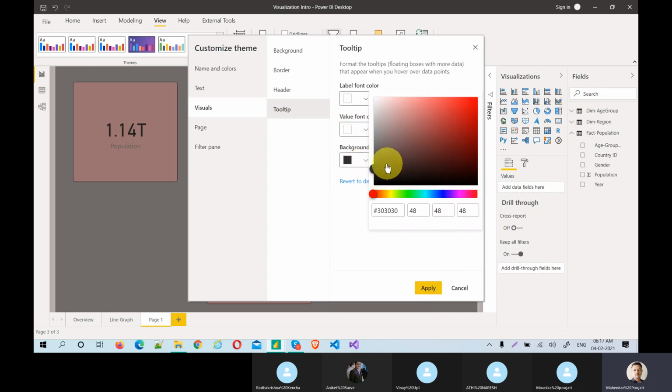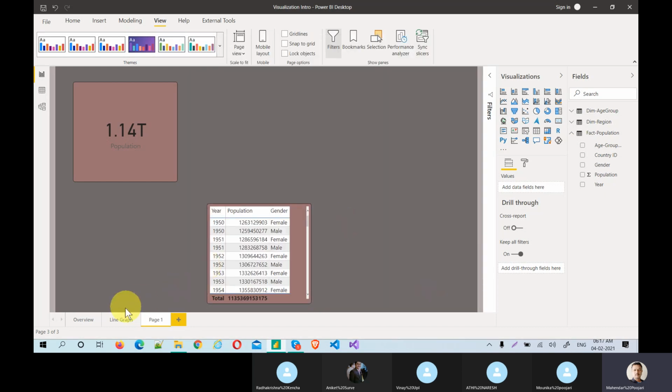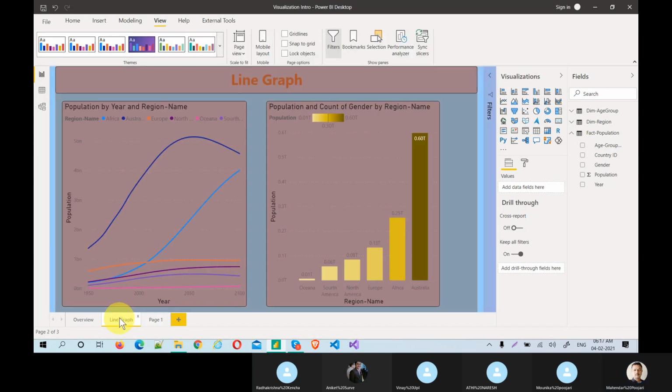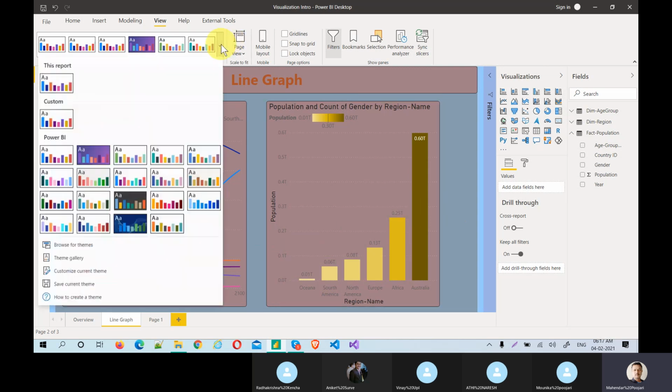Let's change it. Now just apply. If you see the tooltip here, you will see the green color. This is one of the most important things.